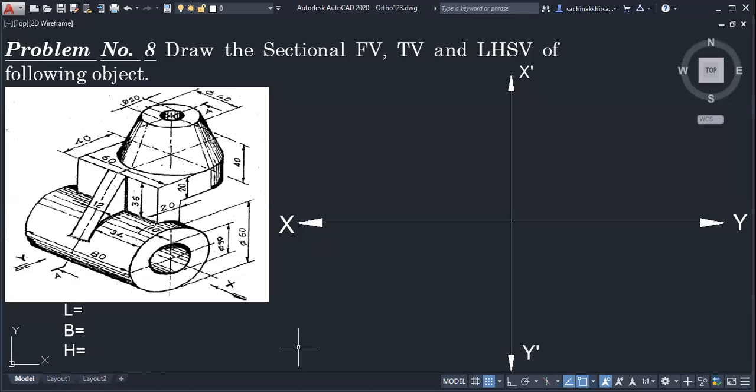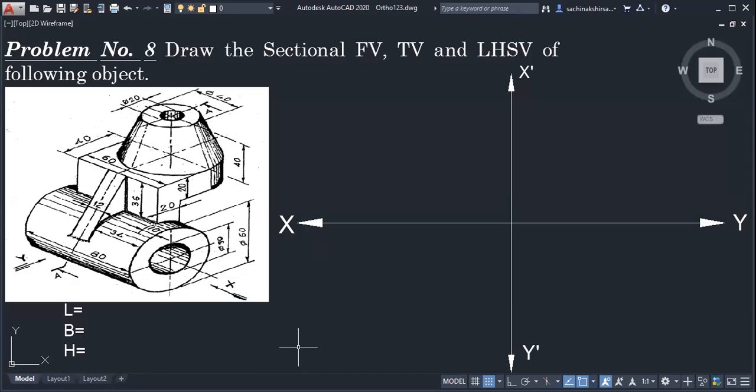Is it possible for you to calculate the length once you see the object from the front view? Which dimensions? Because it is not given directly. Length is not given directly, but it is given indirectly.